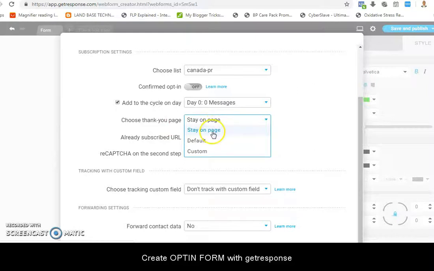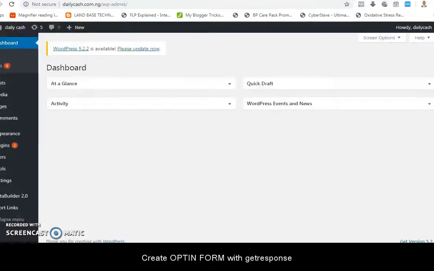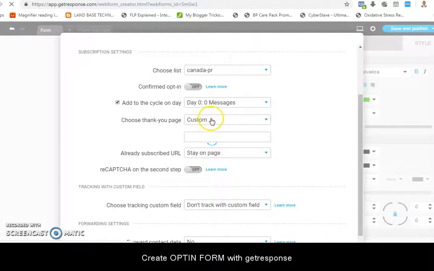Thank you page, your thank you page. For example, after someone finishes filling this form and clicks access, where is it going to take them? As an affiliate, it should take them to the thank you page. So you have to have a thank you page. You select custom, and then you type your thank you page.